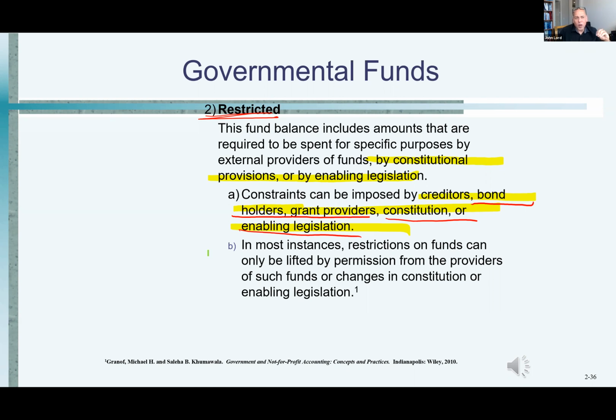And if you want to change that, what are you going to have to do? You're either going to have to amend the Constitution, or you're going to have to get the legislature to turn around and say, well, remember that tax that we were taking before that we told you we use for state disability? Now we're going to use it for this over here. Well, that gets very difficult to change, that kind of legislation. So they say, you know what? That money is restricted. Okay. Now that is contrasted